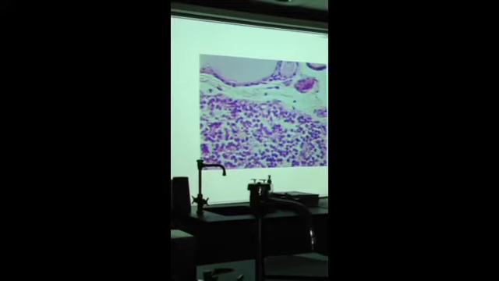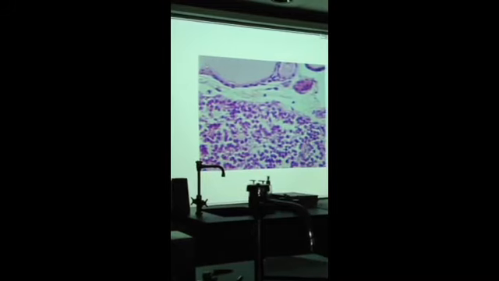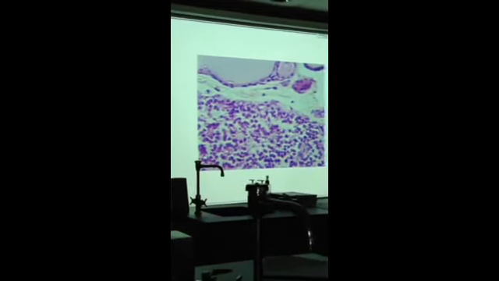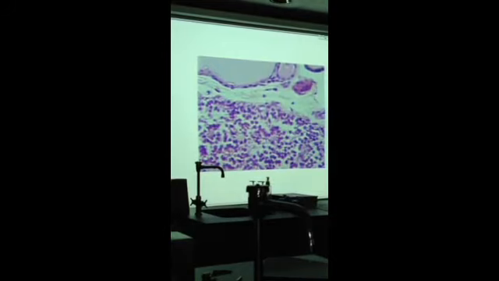Calcitonin, lower calcium ion levels. Calcitonin produced by the parafollicular cells in the thyroid. Chief cells produce the parathyroid